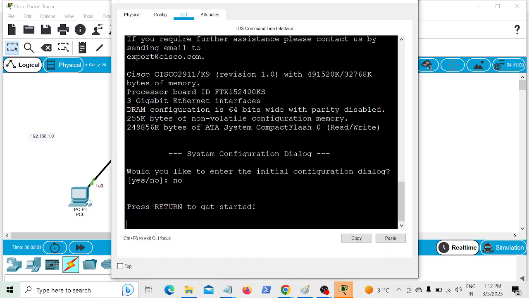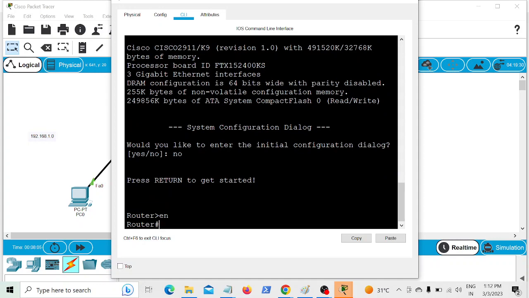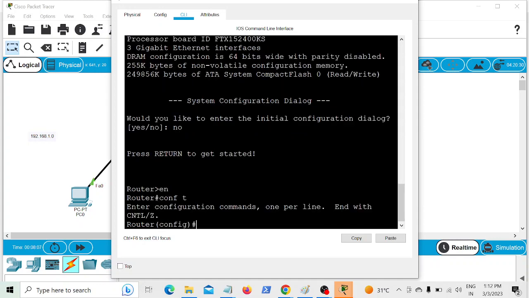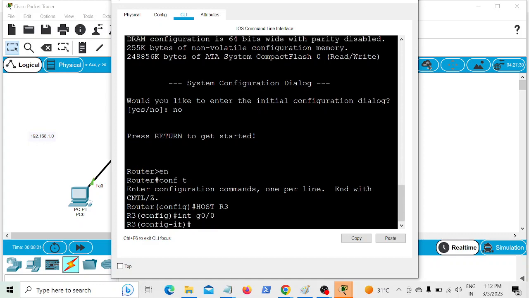No, and it's in idle mode. I'll get into enable mode, and now it's in enable mode. I'll get into configuration mode. So now I will give its unique name to this router 3, hostname R3, and its interface is Gig 0/0, and its IP address is